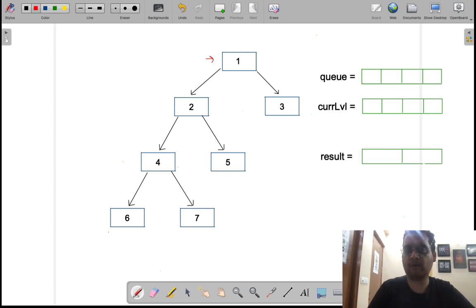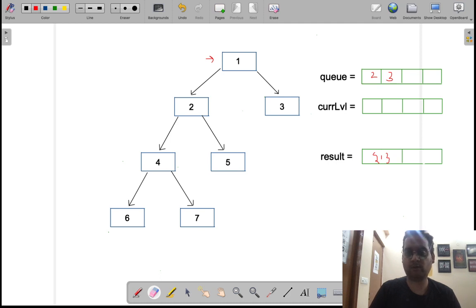So 1 has been popped, left child is 2 and right child is 3, and 1 will be added to the current level array list, and at the end this will be added to the relevant position in the resultant array list. When we go to the next iteration, the current list will be initialized to empty again.